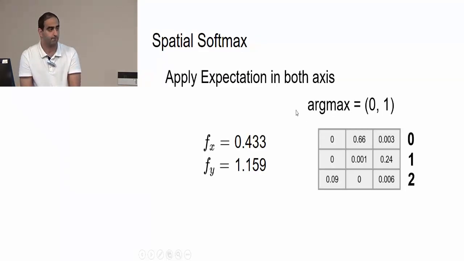So the main thing is that for every channel they want to find out the X, Y coordinate of the location where it's maximum. And that's like a feature representation of each channel, and somehow those are important for the rest of the network. And since argmax is non-differentiable, you have to go through all those things.